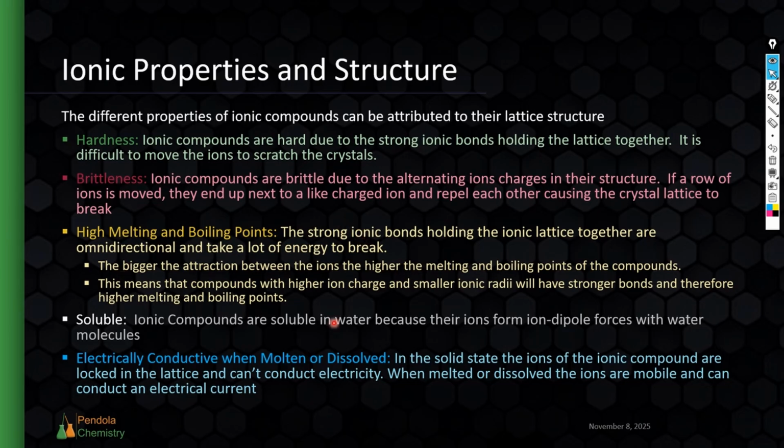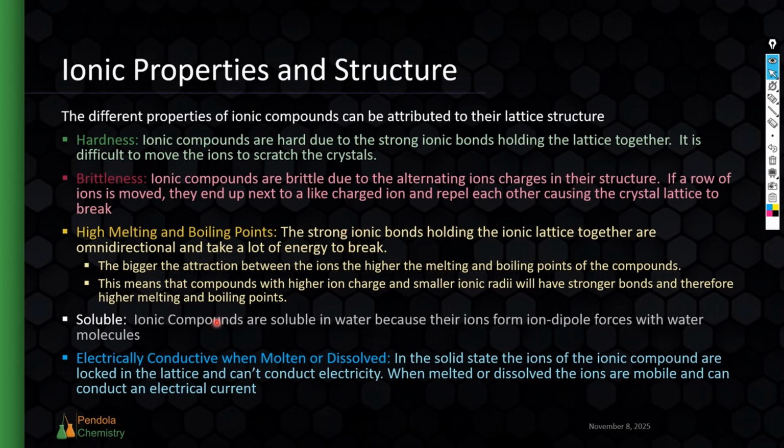So you need to be able to explain the melting points and boiling points of ionic compounds and say that they have strong ionic bonds holding them together. But you also need to be able to compare ionic compounds to each other and how their melting points and boiling points will compare based on the charge of the ion and the size of the ion. The more highly charged the ion is and the smaller the ion is, the higher the melting point